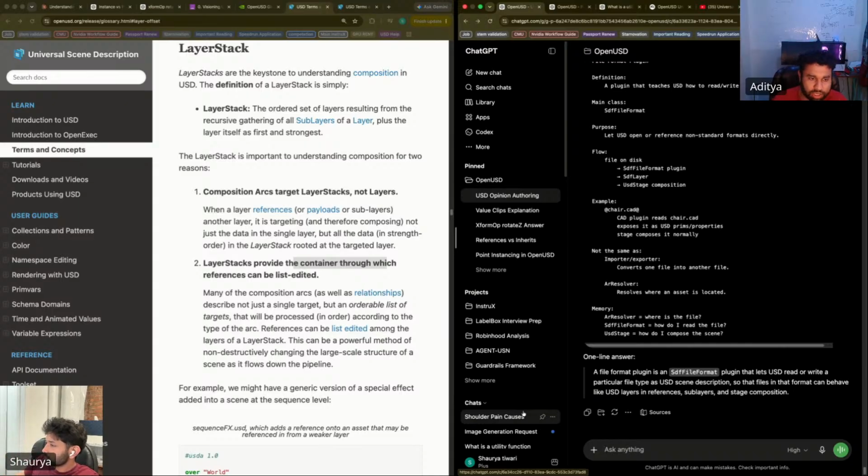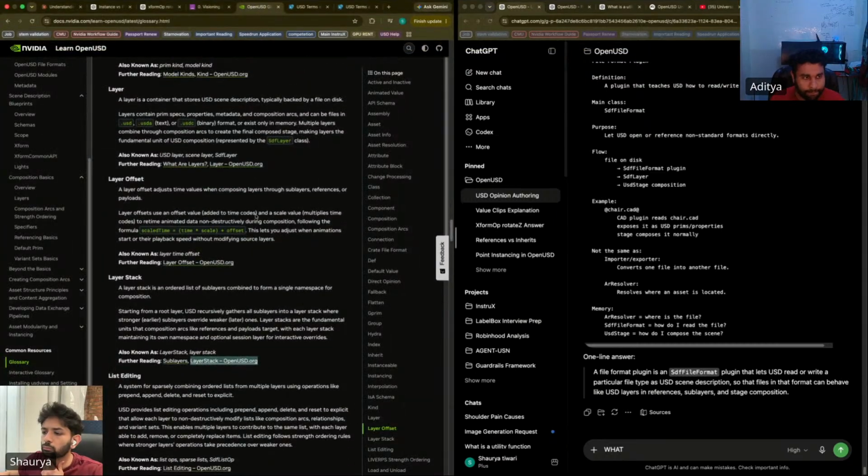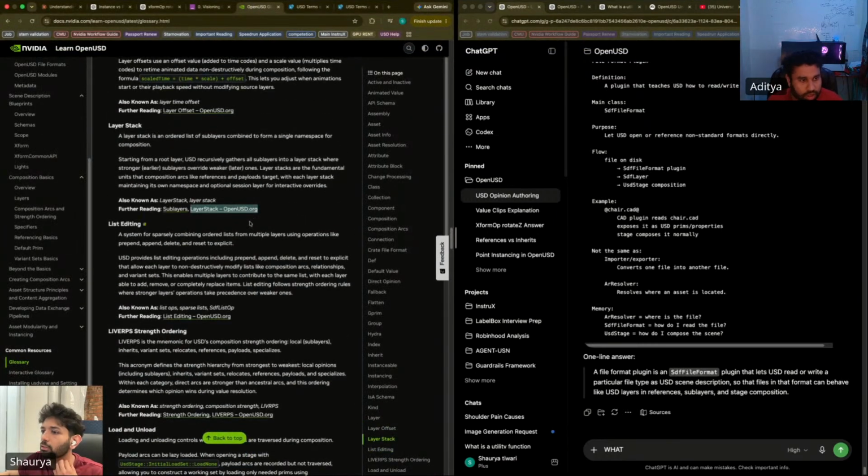That's how OpenUSD goes through the references list whenever we play with it. And you cannot add two references at the same time when you do append, like you cannot add an array that has two references inside that list. Oh, this is going to be the next one. List editing. Okay.